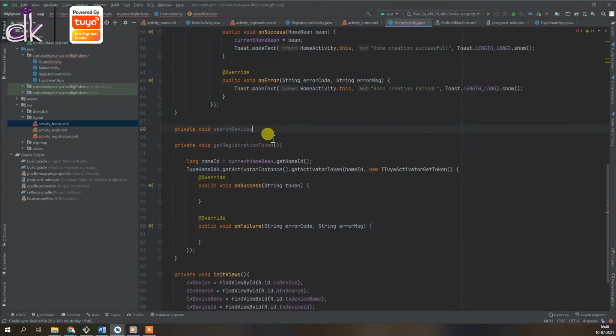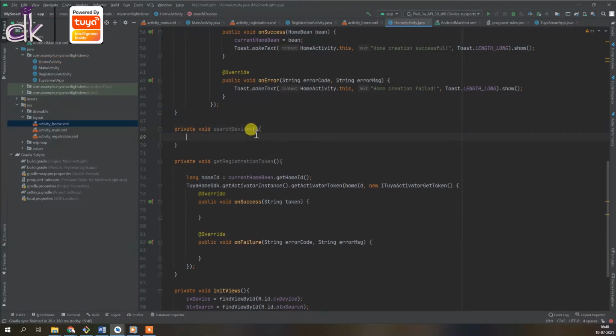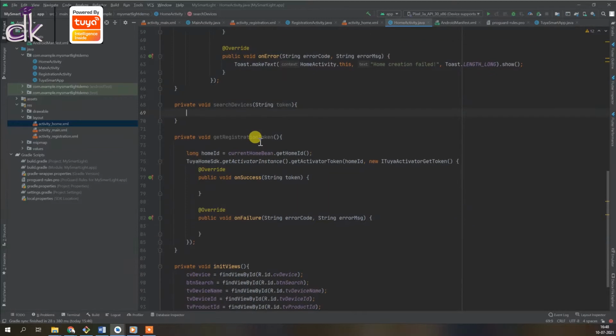Okay, we can call it search devices, and then it will take the parameter of token, right? We need the token to actually initiate the communication.